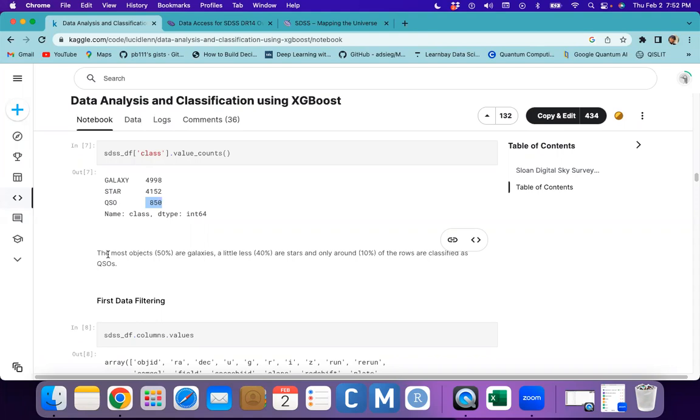Unfortunately this is unbalanced data, because the majority of observations are galaxies and the minority of observations could be QSOs, right? So there is a big difference in the counts. But no worry, we are not talking about how to work with balanced data at this moment. I'm just generally telling you that if your data is imbalanced,